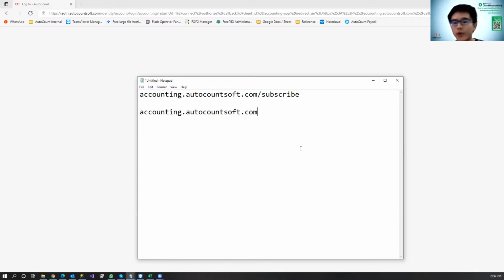What is the minimum requirement? You just need to have internet access. When we talk about cloud, everything is on the internet. So internet is the mandatory requirement, and I believe in Malaysia, I will not say 100%, but most of the cities or main areas are already covered with internet access. You won't need very high speed to access our cloud accounting. A normal internet speed will do, because it is not a very heavy system, and the data transmission is also quite light.